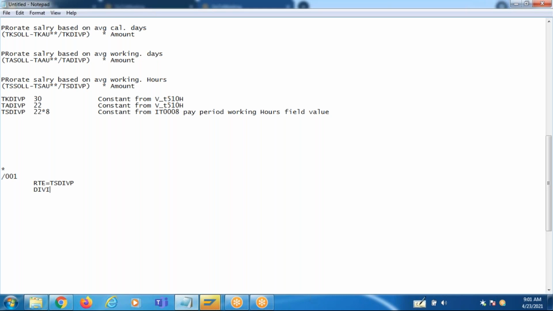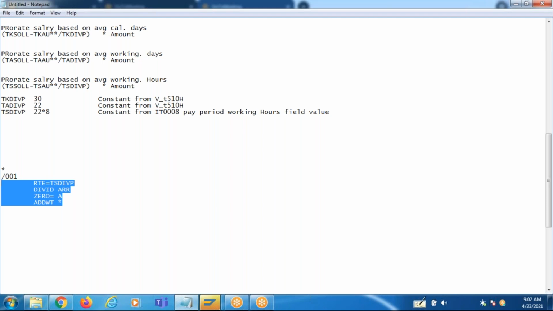Divide the amount stored in the rate 0 equal to A. Remove the amount and keep the rate as it is and move it to the output table. Now will it work? Earlier I used 176, right? Now it will work for all the pay periods or not? It works for weekly, hourly employees, monthly employees, bi-weekly, semi-monthly or not? Yes or no? Yes, sir.